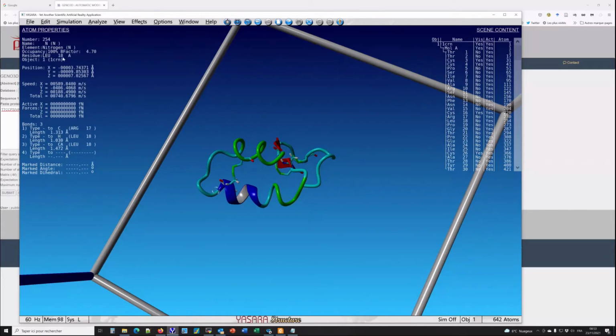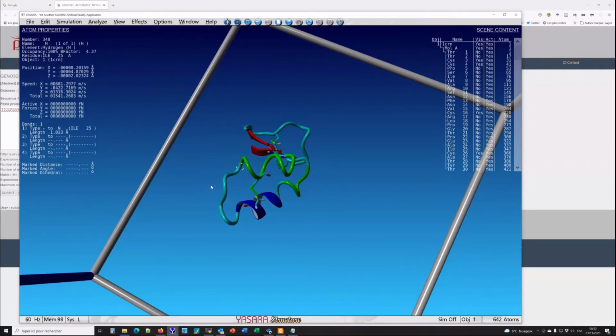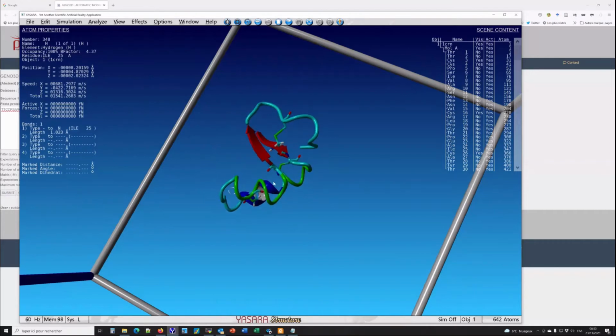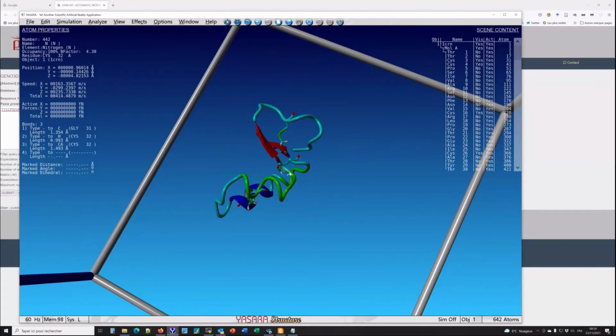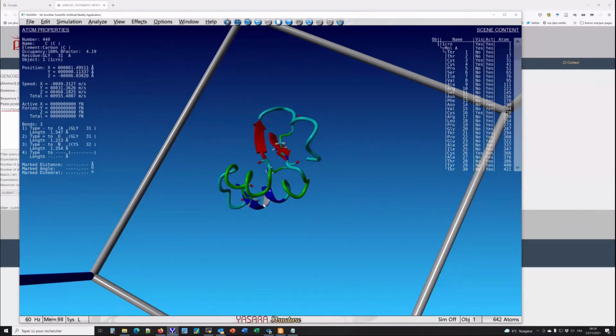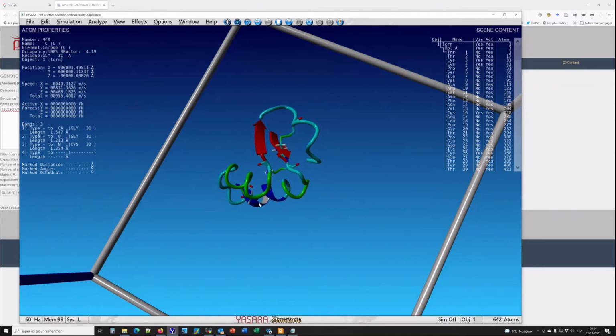From leucine 18, and another alpha helix there, starting from alanine 25 to glycine 31. And two small beta sheets, one is there,